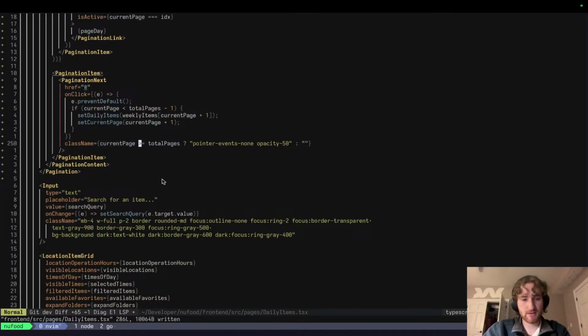So this opacity needs to be if the current page is greater than